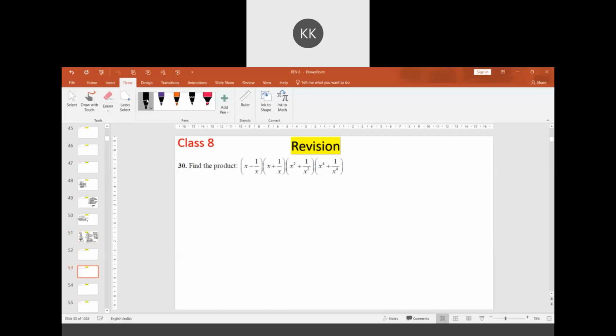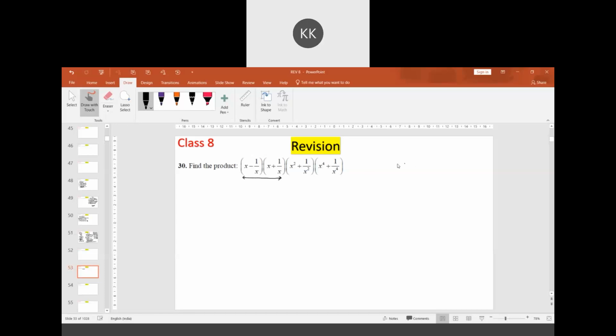Moving further, we have to find the product here. It is (x - 1/x)(x + 1/x)(x² + 1/x²)(x⁴ + 1/x⁴). You have to go in a sequence. First, you multiply these two by using